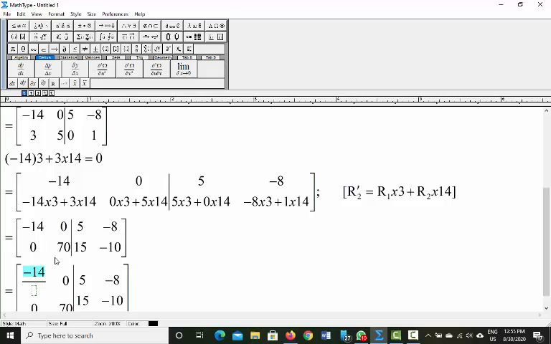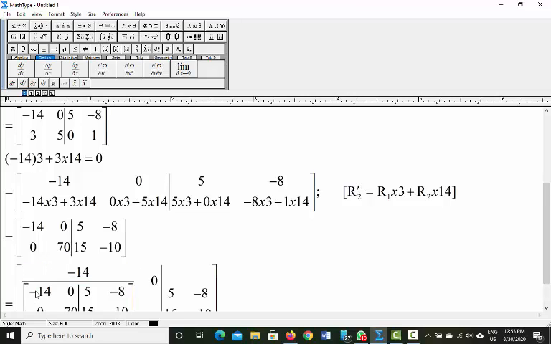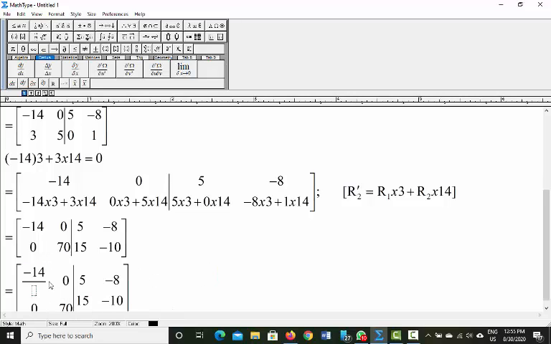Whatever is there, if you divide it by that, we will get 1. So if you want to convert this one to 1, you can divide it by that one. In that case you will get 1. But remember,